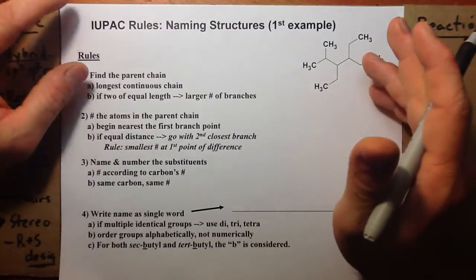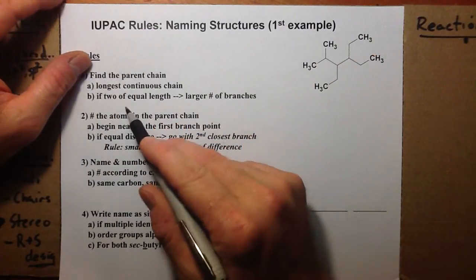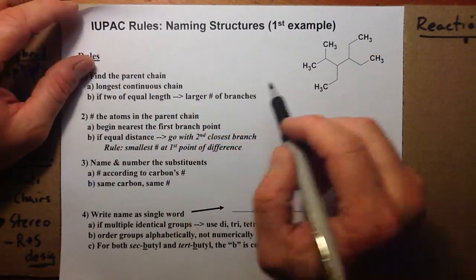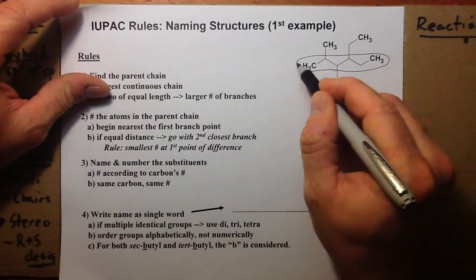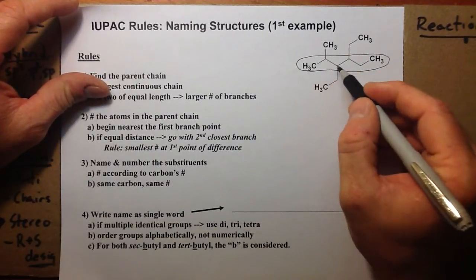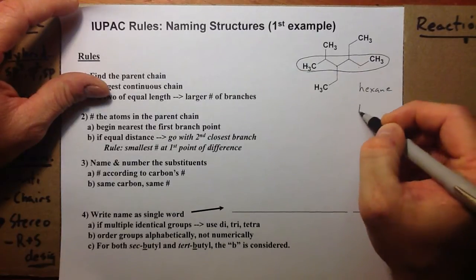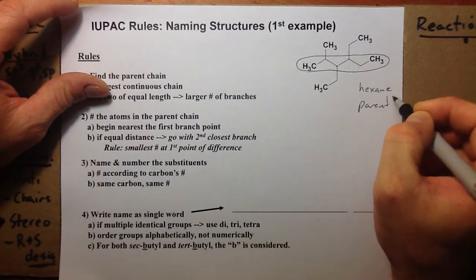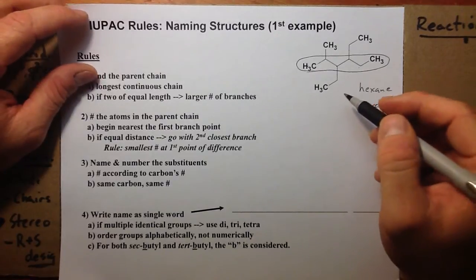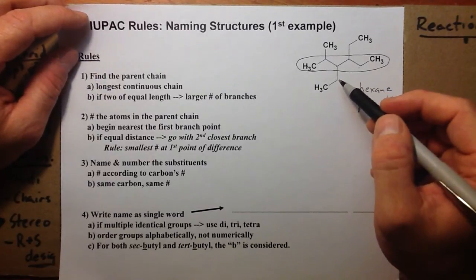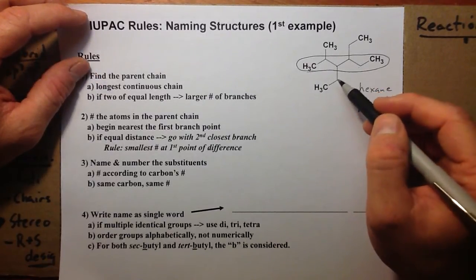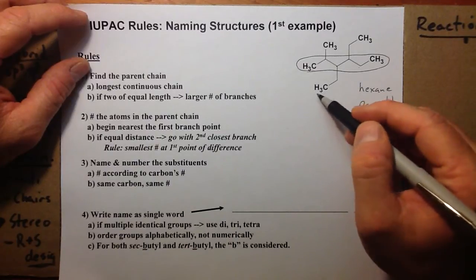We know how to find parent. Longest continuous chain of carbons. If 2 of equal length, go with the larger number of branches. So we went with this one. And we have right now 1, 2, 3, 4, 5, 6 hexane as our parent. And we need to find offspring, substituents, children, groups. So we have 3, this group, it's an ethyl,